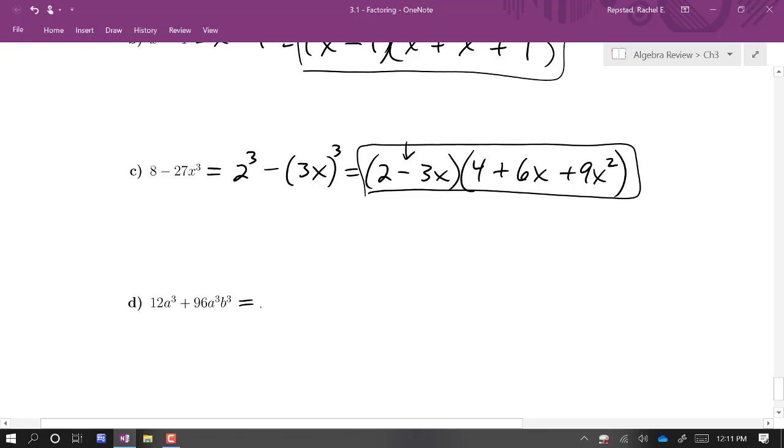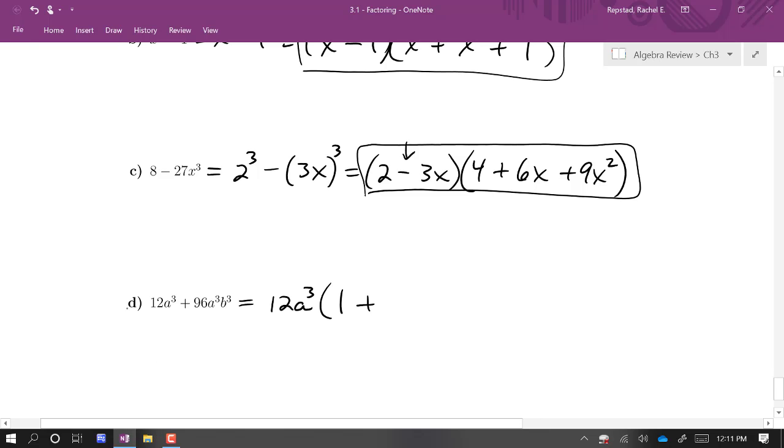Now at first here I definitely see some cubes. I've got a cubed and b cubed, but 12 is not a perfect cube, nor is 96. However, there's a common factor we could take out first. 12 actually goes into 96, and they both have a factor of a cubed. So I'm going to take out a 12a cubed, and then inside we have 1 plus,